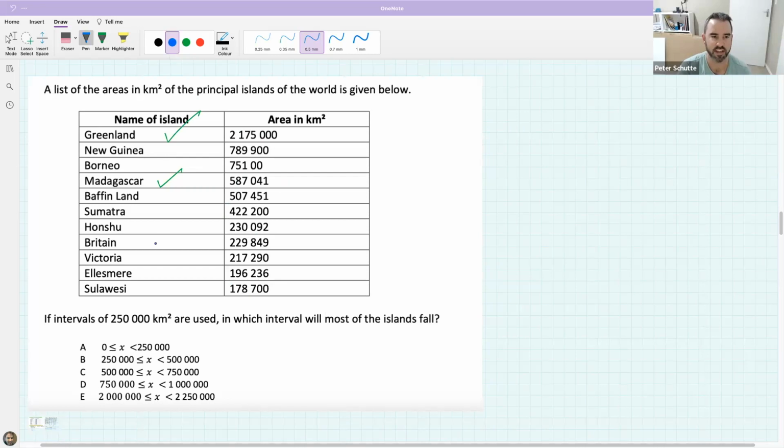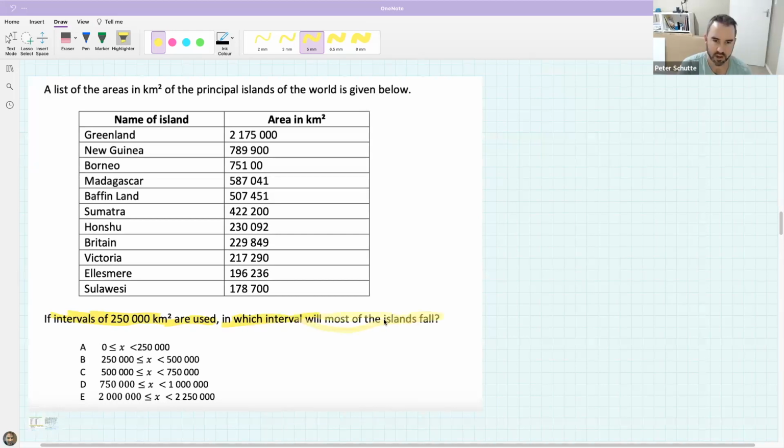I also noticed that the island of Britain is not actually that big an island compared to Sumatra, which is over here. So at the moment, these are a list of islands and their area in kilometers, how big they are is given. It says below that if intervals of 250,000 kilometers are used, in which interval will most islands